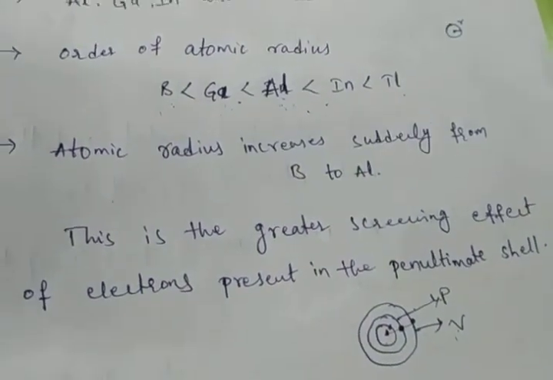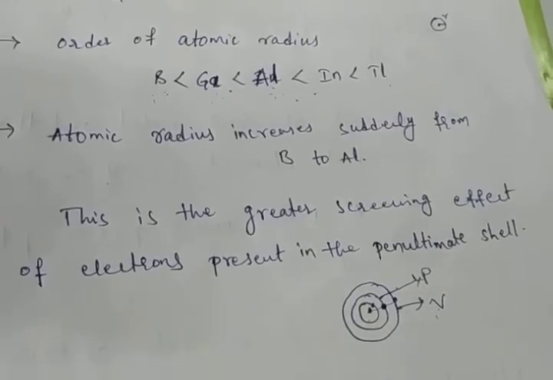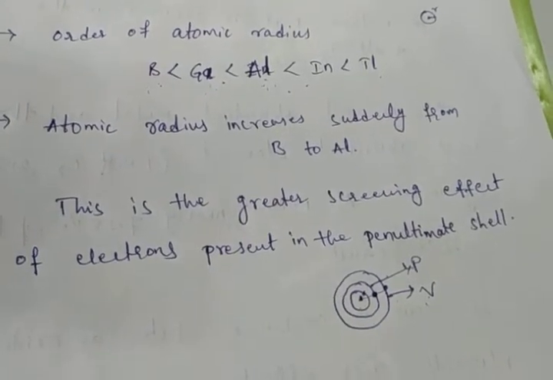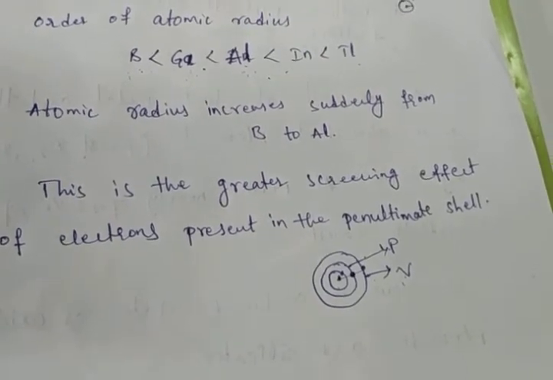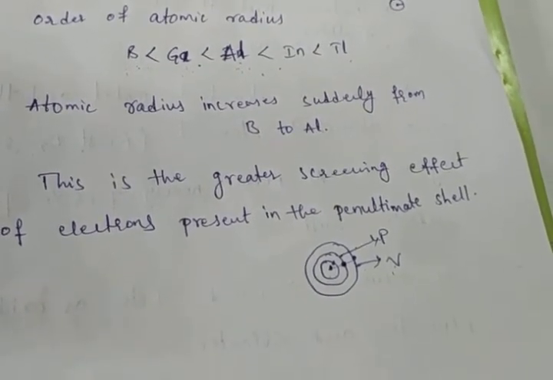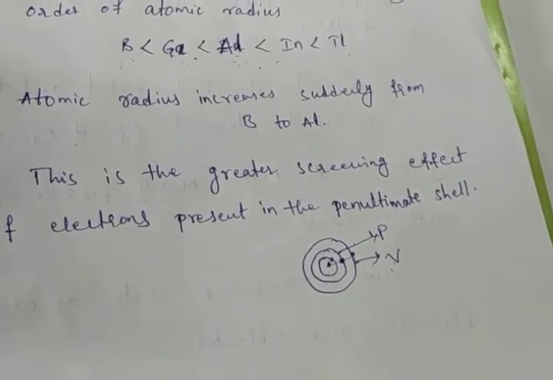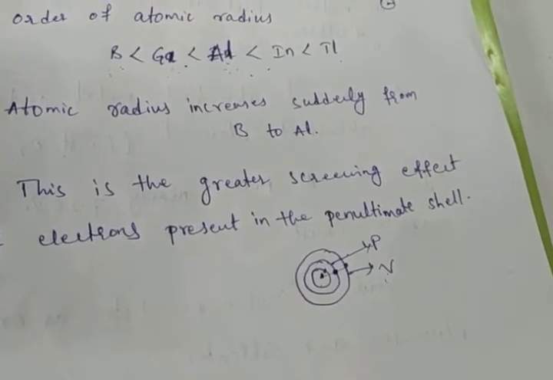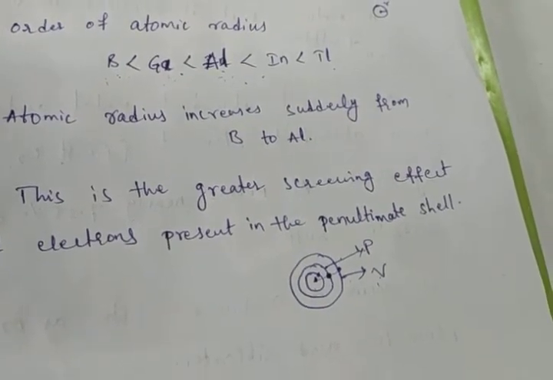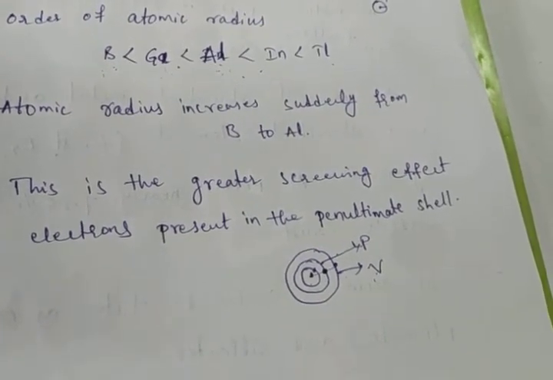Okay, suppose we increase the atomic number, the number of shells also increases, and the number of electrons also will be increased. Atomic number increases means electrons will increase. First the s orbital will be filled, after that the p orbital, after that the d orbital. Gallium has the d orbital, with electrons in the d orbital. Why? Because the atomic number is more.